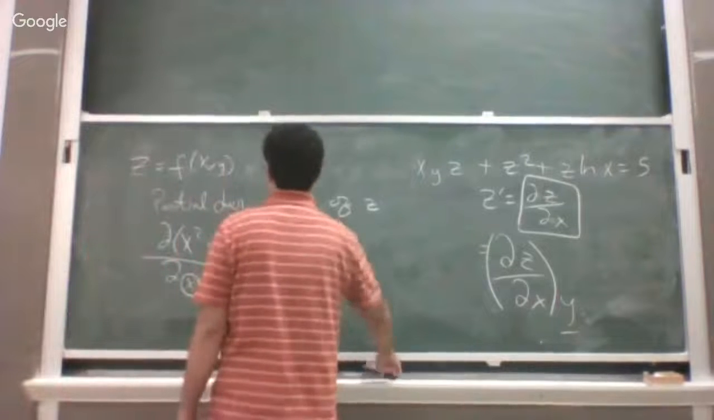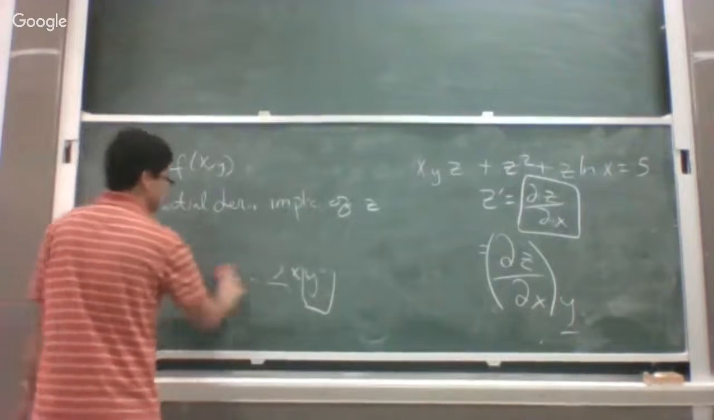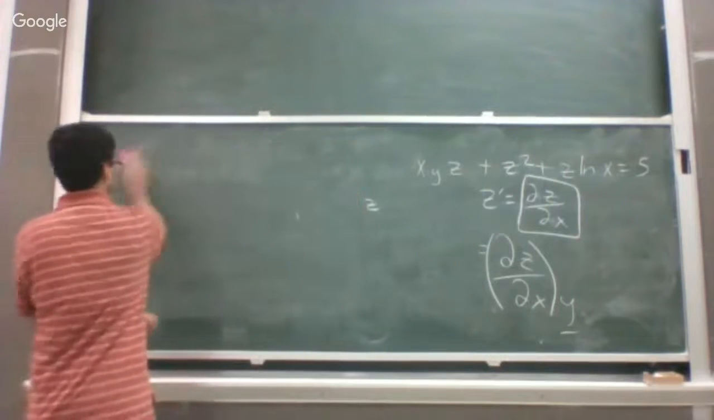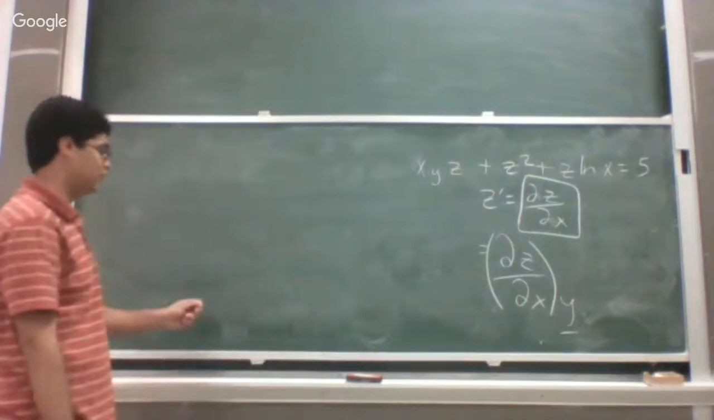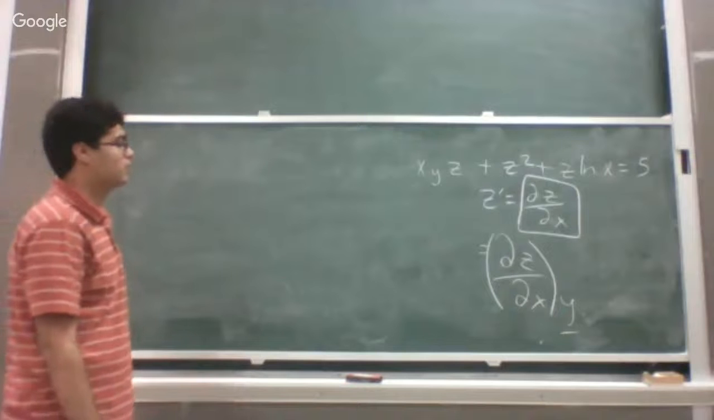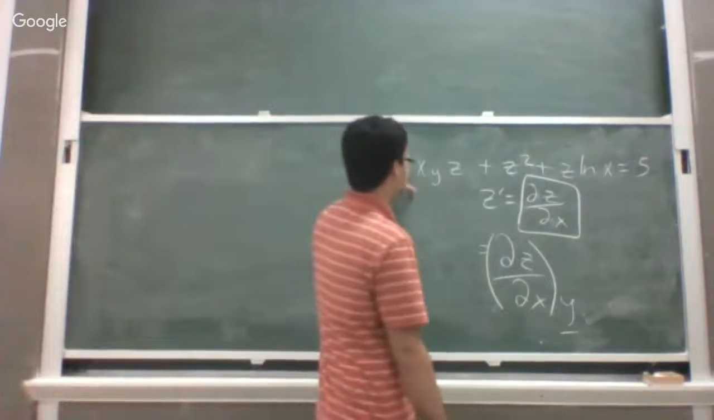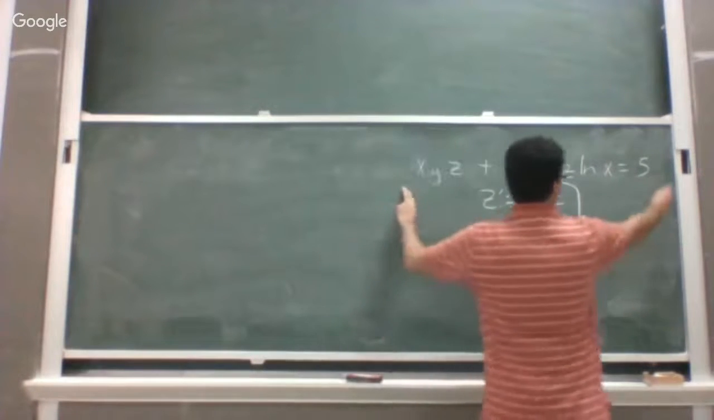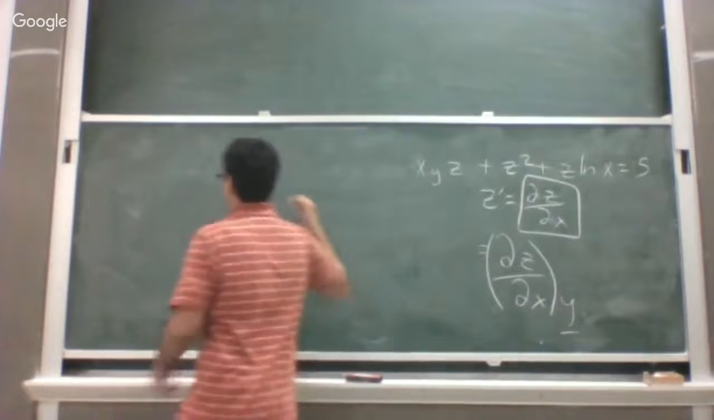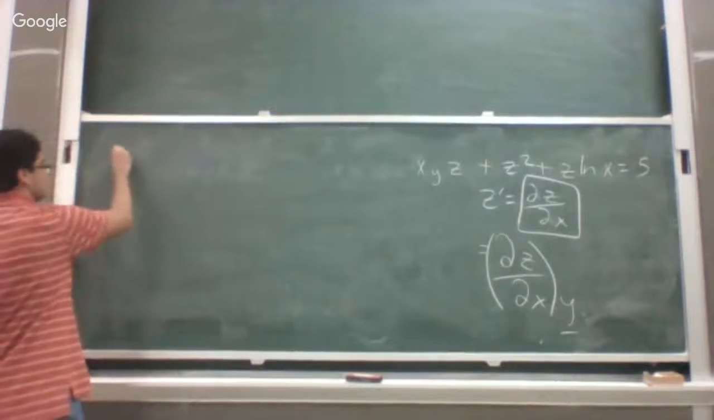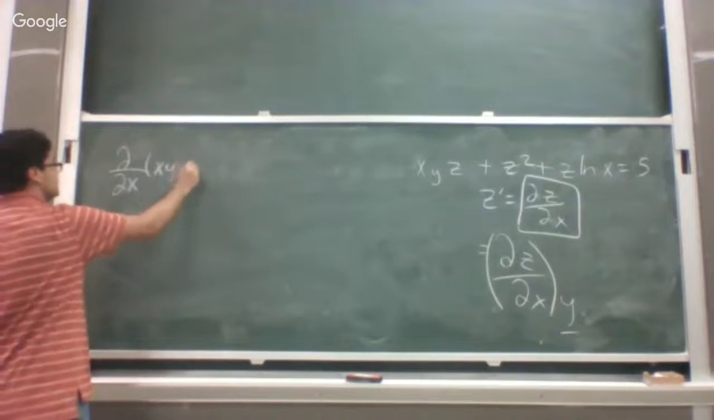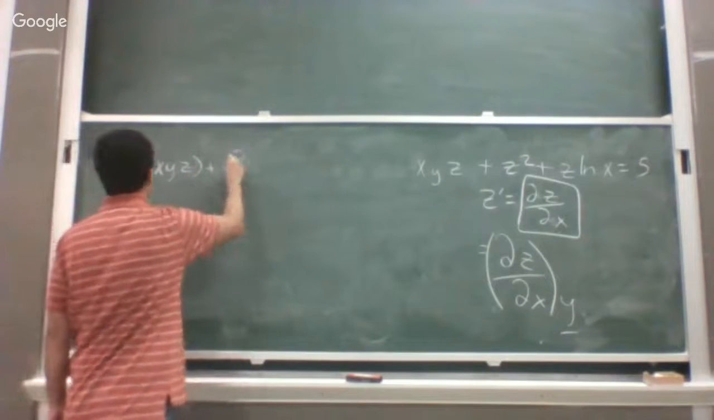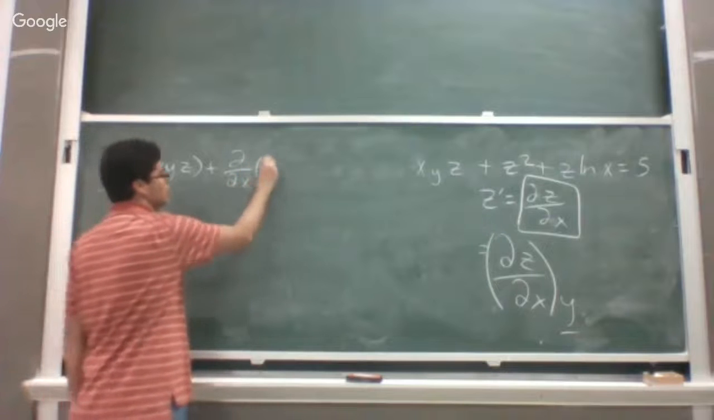So let me erase all of this, and then we can rewrite the whole thing. We could write it as taking the partial derivative of the entire thing, right? But that's the same thing as doing the partial derivative of each part. So the partial derivative of xyz plus the partial derivative of z squared